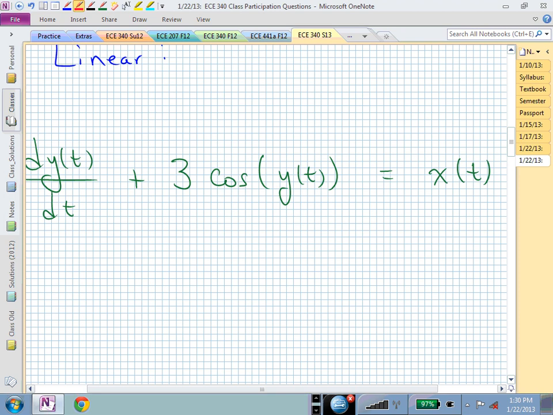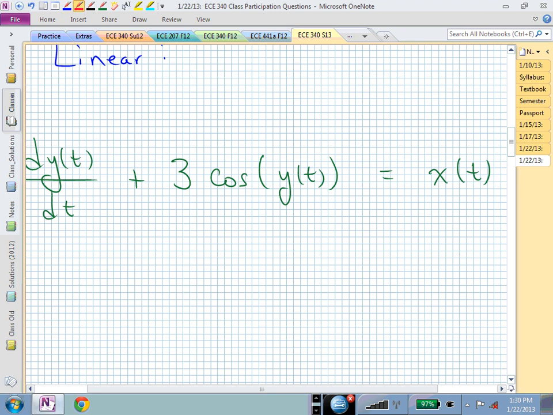I have a question about the nonlinear term. If y(t) stays small, cosine of y(t) should just stay 1, right? But if that were something like sine of y(t), it might be small. So the question was, when can we approximate a system that's nonlinear with a linear system? That's what you will want to become familiar with, maybe not so much in this class, but in other classes. When could we linearize this system? If you have a nonlinear system, it's important to be able to linearize it if you want to